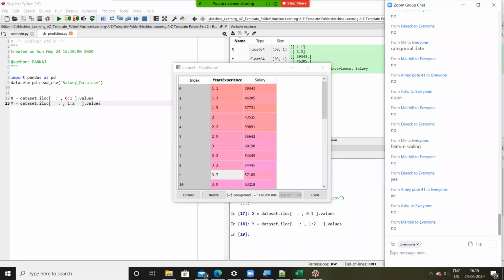Okay. Let me now ask Maithili. Why do you think we don't need feature scaling in this example? Because we perform it on the independent set, and here we just have one variable. Okay. All right. And who else said no? Ashu. Ashu, why do you think we don't need to perform feature scaling here?